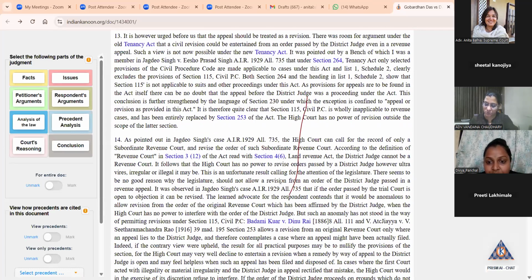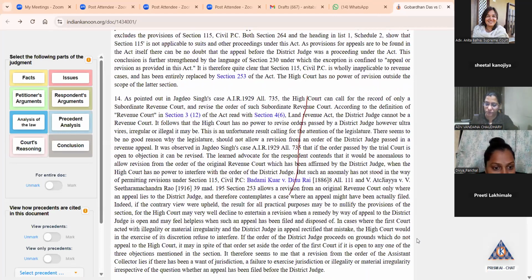But such an anomaly has not stood in the way of permitting revisions under Section 115 Civil Procedure Code, Badami Kaur versus Dinu Rai, 1886, 8 All 111, and V. Ajaya versus Sita Ramachandra Rao, 1916,